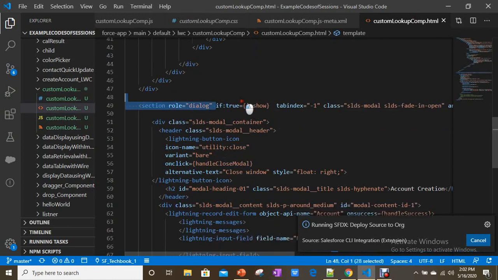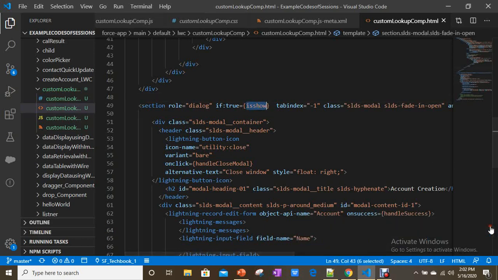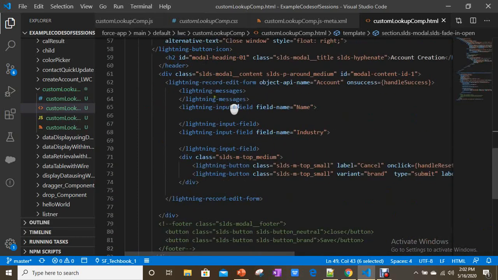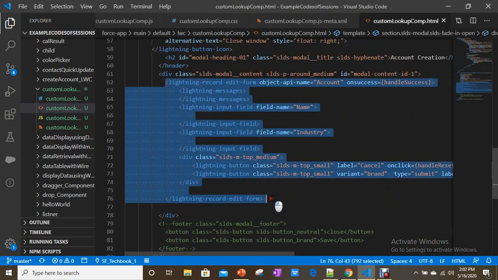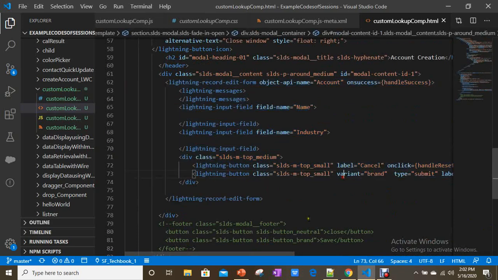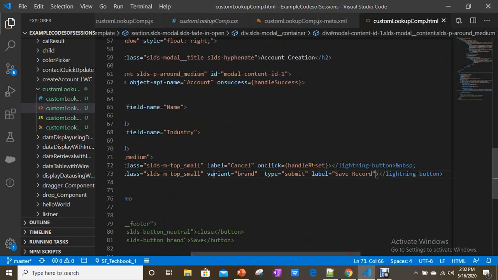The is show property is useful for hiding or showing a component based on the property we assign here. By default it will be false. When someone clicks on that icon, it opens, because I am calling handle open modal, and then it shows this record edit form for creating an account record. In that, I have a cancel button. Handle reset will reset the form.